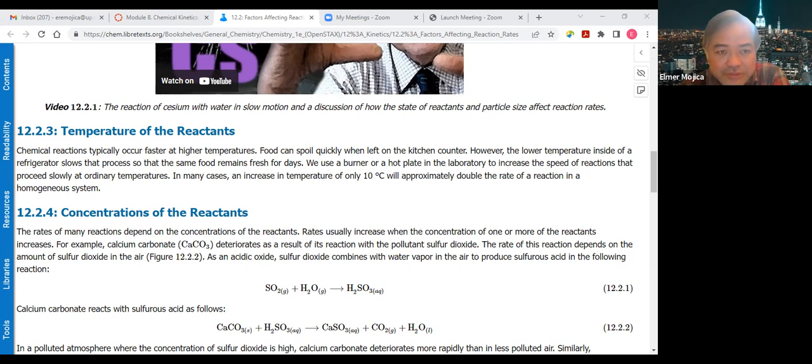So ganun yung effect ng temperature. Now with respect to the concentration, try to imagine a parking area na puno-puno ng kotse. The likelihood that you will collide with another car is higher compared doon sa halos lahat empty space because of the concentration. So those are, we could say, the factors that can affect the so-called reaction rate.